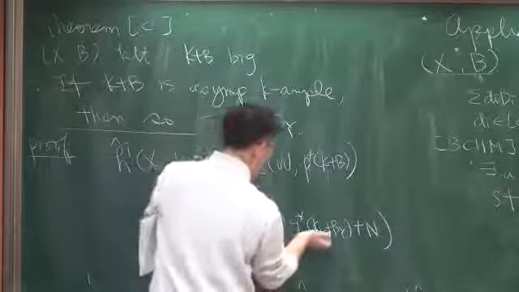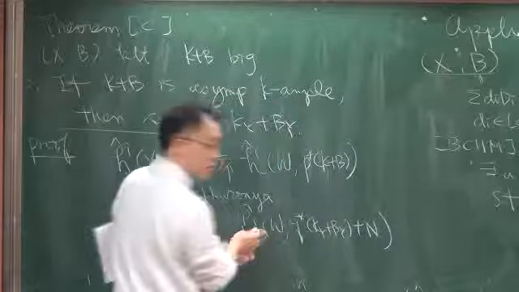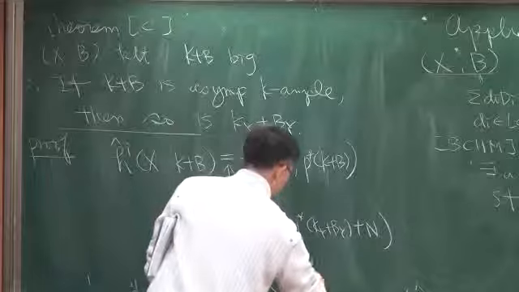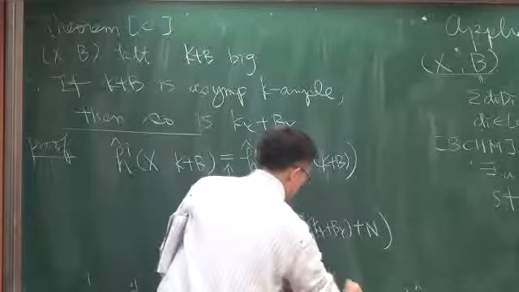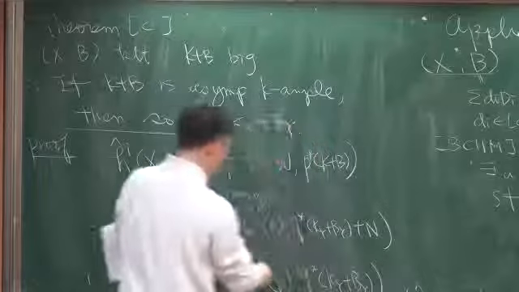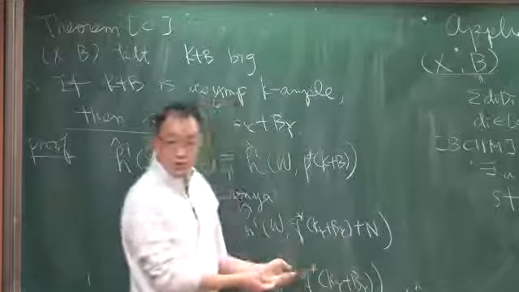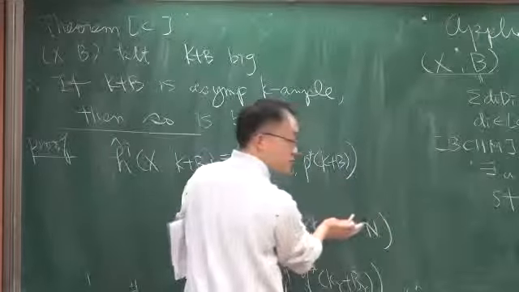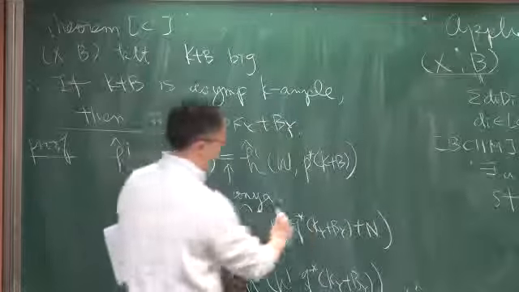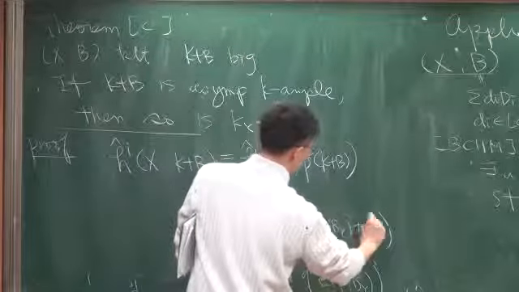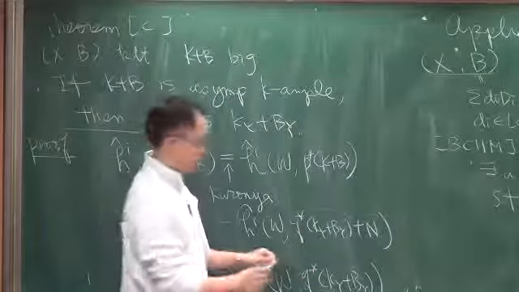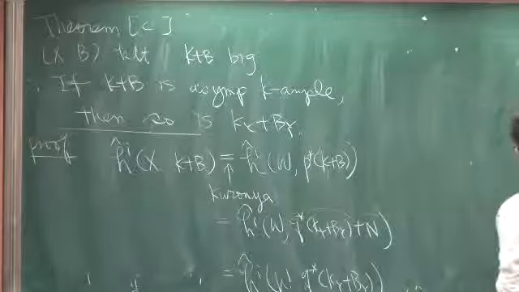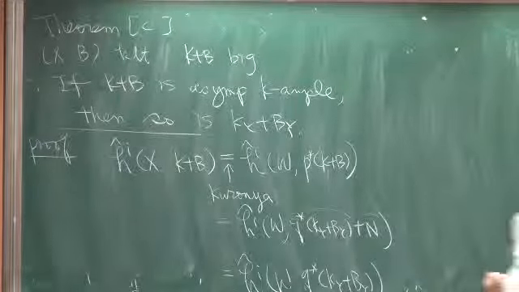So I have to admit that in the talk I gave in Kunsan last summer, I said that this is just equal to this, only because N is exceptional. But actually I found there is a counterexample, where the statement is not true. So later I discovered that this is actually the Zariski decomposition. So the correct argument is this.